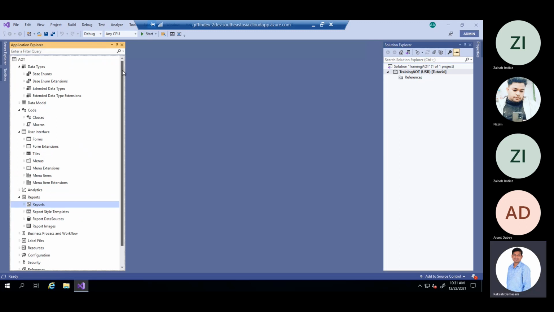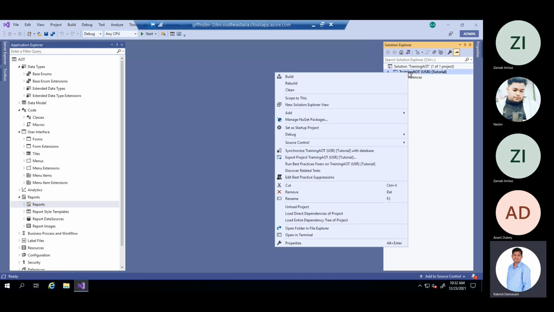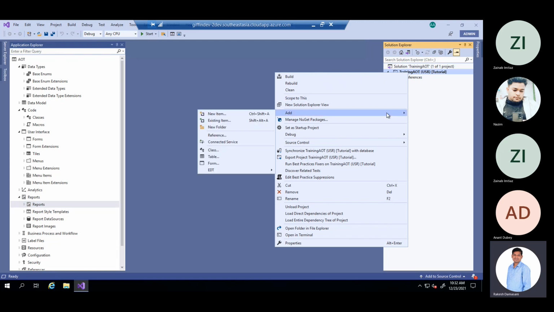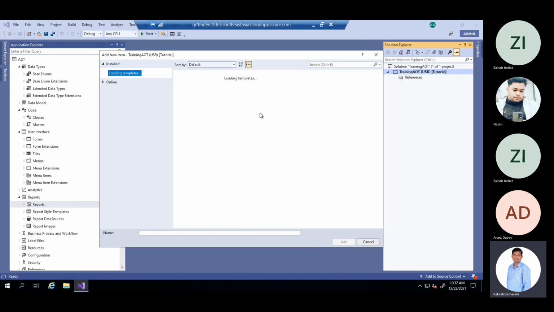So let us quickly create some table using the available base enums and EDTs, and we will create some form. How to create a form? First, we have created one project. After creation of the project, right-click it and you will get the option of Add, and after Add, it is New item.